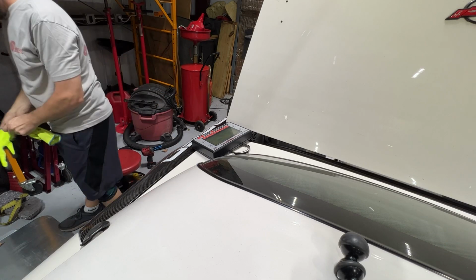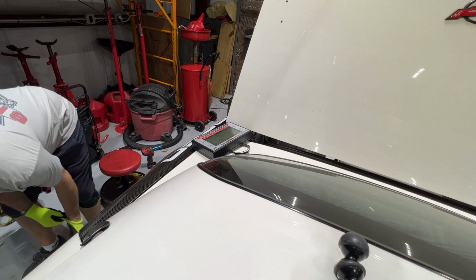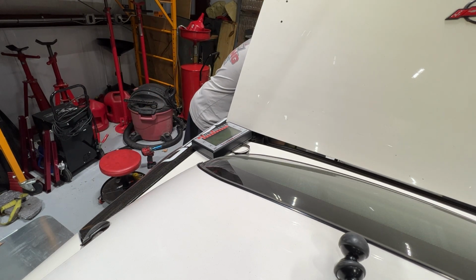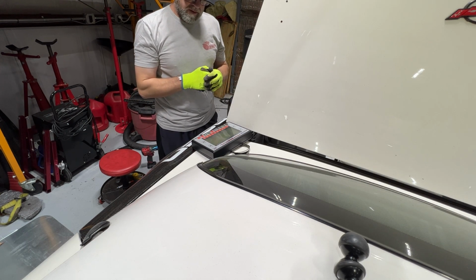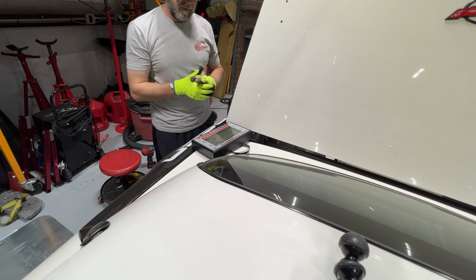All right, so I think this brick is 17 pounds. So this is 3157. I think this should make it 74. Oh no, yep, there we go. So that's about 19 pounds, and that threw off the weight a little bit more the other direction, so that puts me at 49.78, but